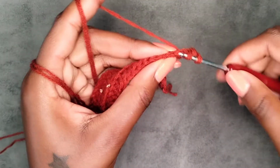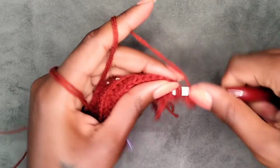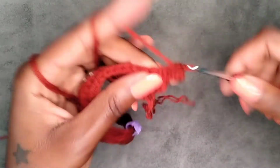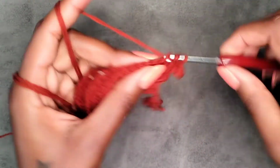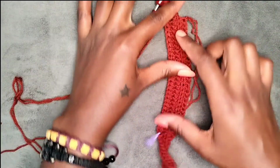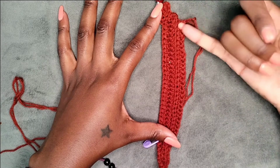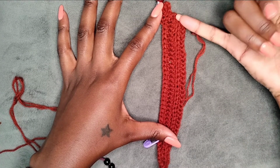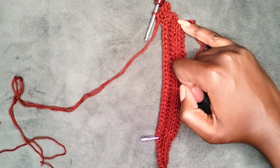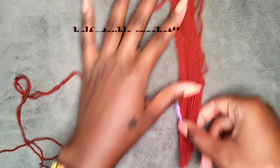and then continue working a half double crochet and a single crochet all the way. There you go. So that is an increase. So we increased on this one, we increased on this one. By increase, we're chaining 3 and then going into our third stitch, which we increased with a double crochet. So that is going to be an increase, and we are trying to work